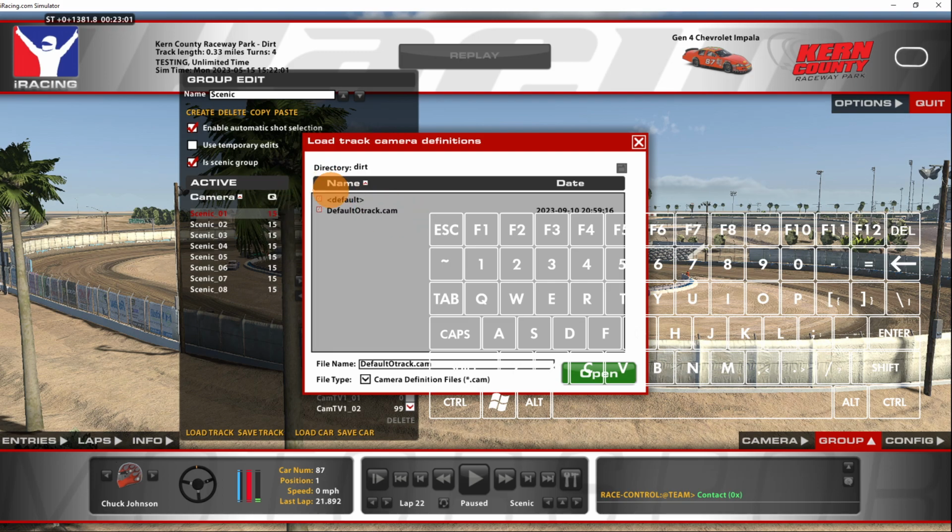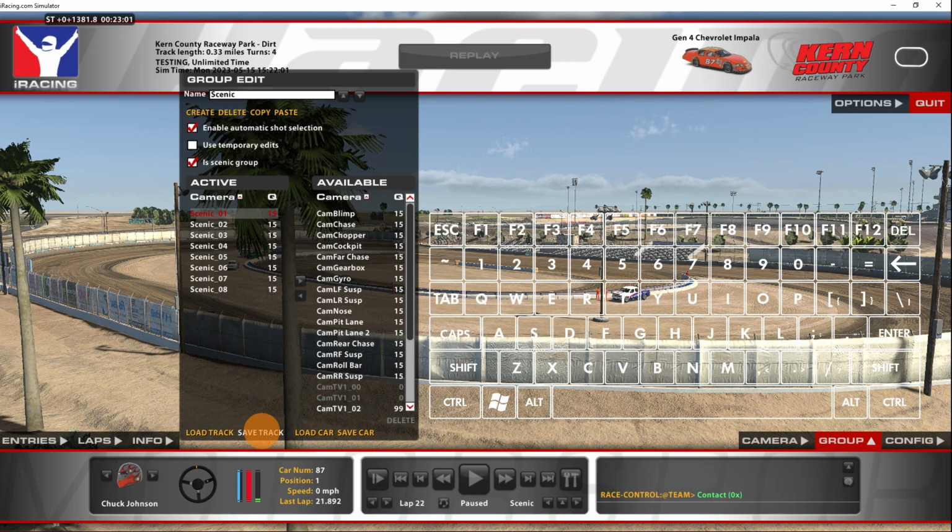And once again, if anything ever happens to the default, or it changes, generally the sim will rebuild it if something tragic happens, generally speaking. But for whatever reason, if you just want to open something here, copy and paste or whatever, I always like to just keep one of these there. So, that being said, X out of that, I don't want to do that. I want to save it again,